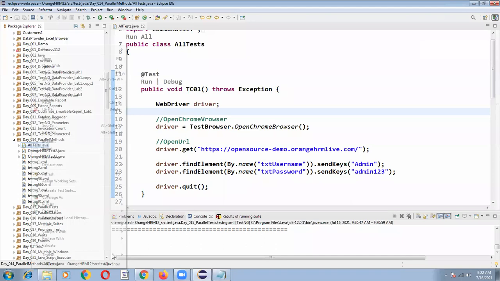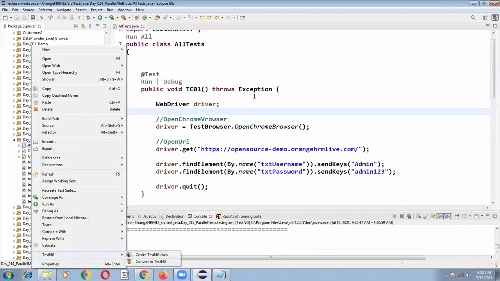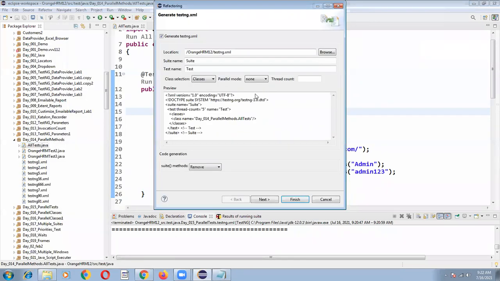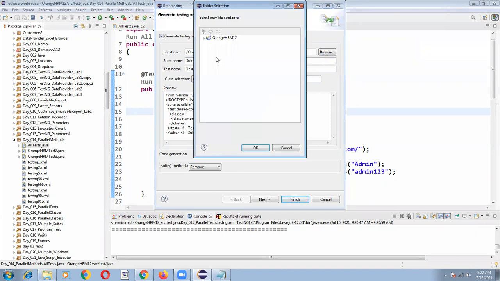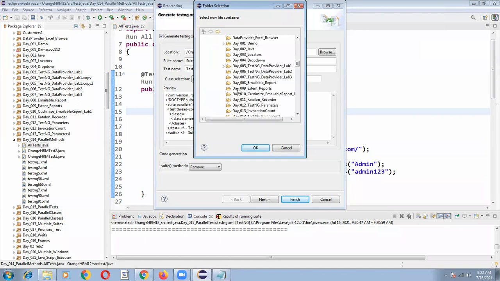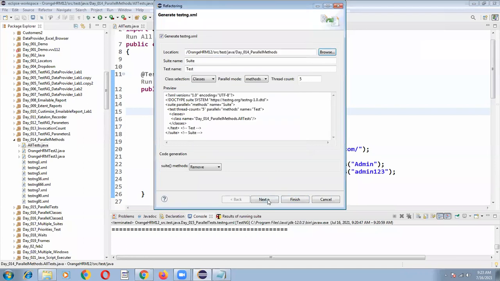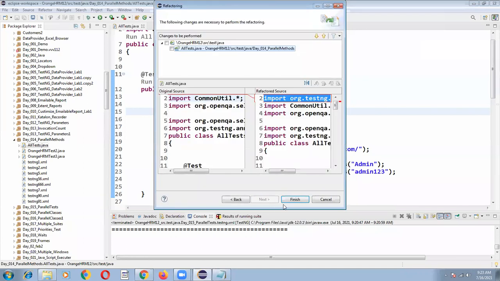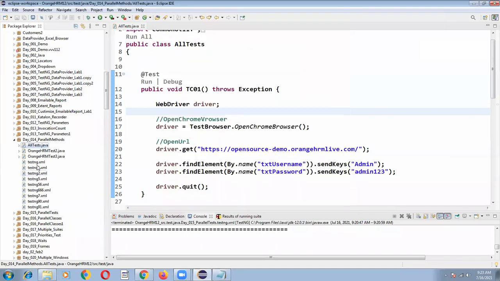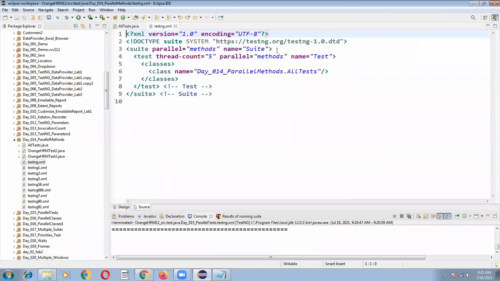So testng, convert to testng, parallel is equal to methods and thread count is equal to 4 or 5. Select the required package, lab number 14. Click on next. So your testng.xml was generated.